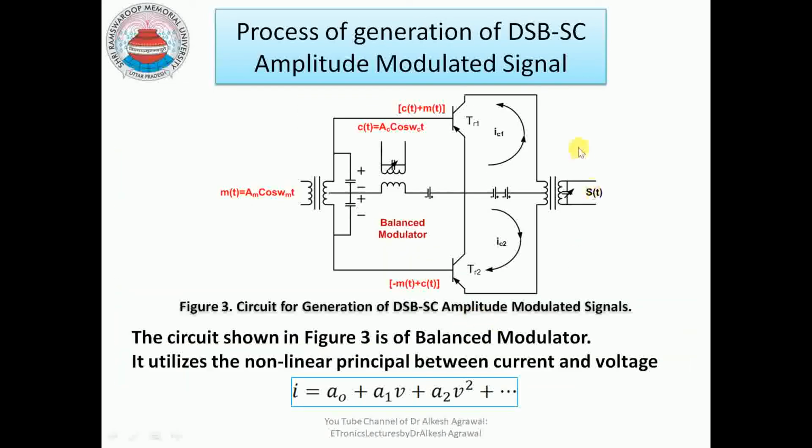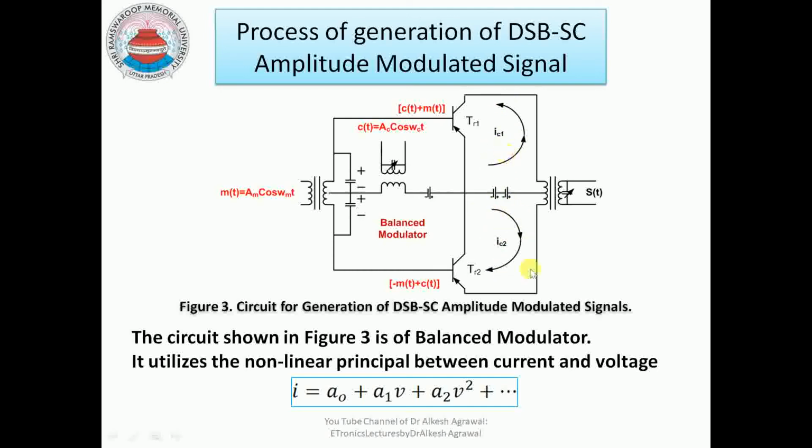Then we have the same circuit, but here the input signals are being reversed. So at this input terminal we now have the message signal, and at this input terminal we have the carrier signal. What we can differentiate in this figure 3 is that now the carrier signal is in the same phase, whereas the message signal is out of phase, and again these IC1 and IC2 are in reverse direction,